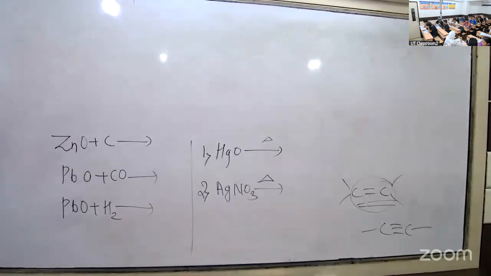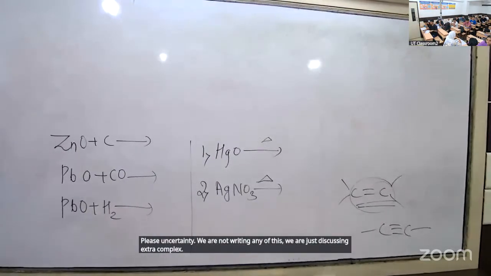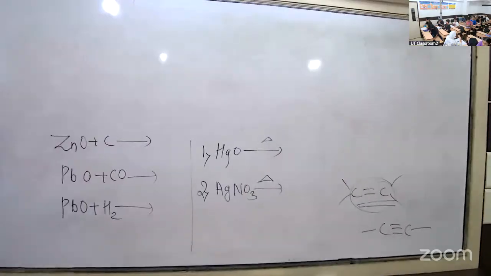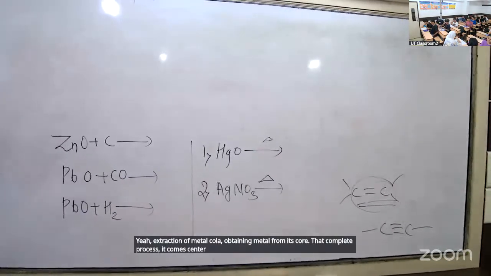We are not writing anything. We are just discussing. Next class is complete writing. इसका मीनिंग क्या है? मेटालर्जी. जो आपने अभी एक्सट्रैक्शन ऑफ मेटल बोला है, obtaining metal from its ore, that complete process comes under metallurgy. Then minerals,